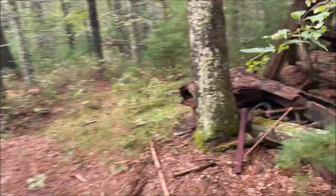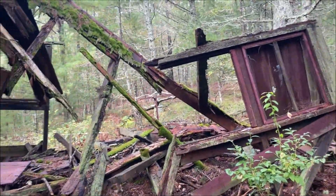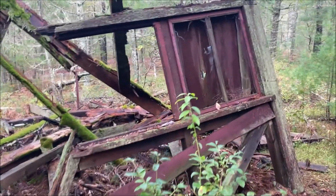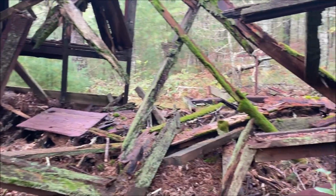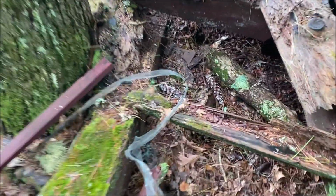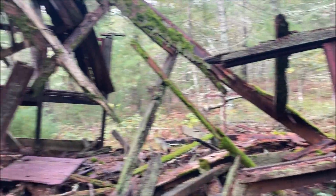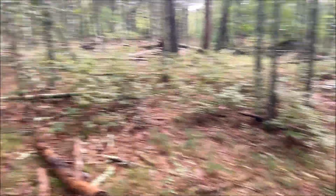Let's see if we can take a closer look. Yeah, look at that. Completely destroyed. Just scraps of wood, you know, wood planks, wood beams, just everything scattered around, all rotted away. Though you do have a hint of mosquito netting right there. Pretty cool, though. Huh, pretty interesting. It really is like stepping back in time, you know, what camping was like in the early to mid 20th